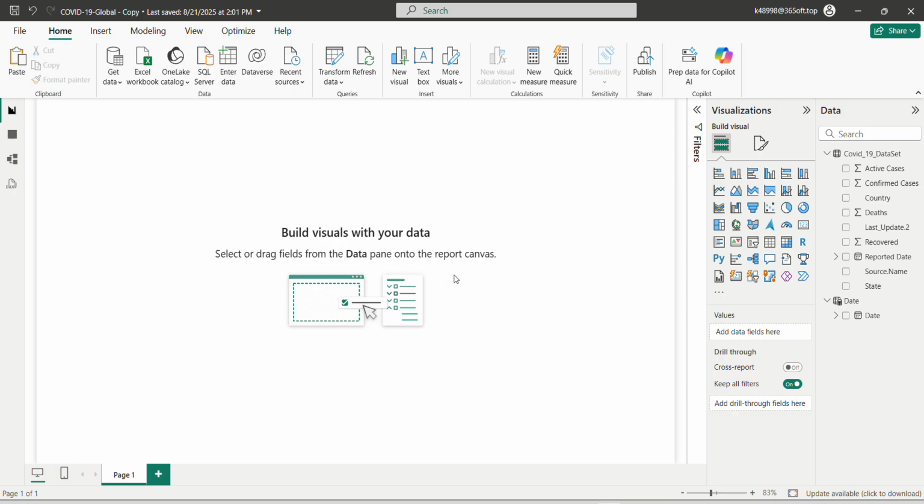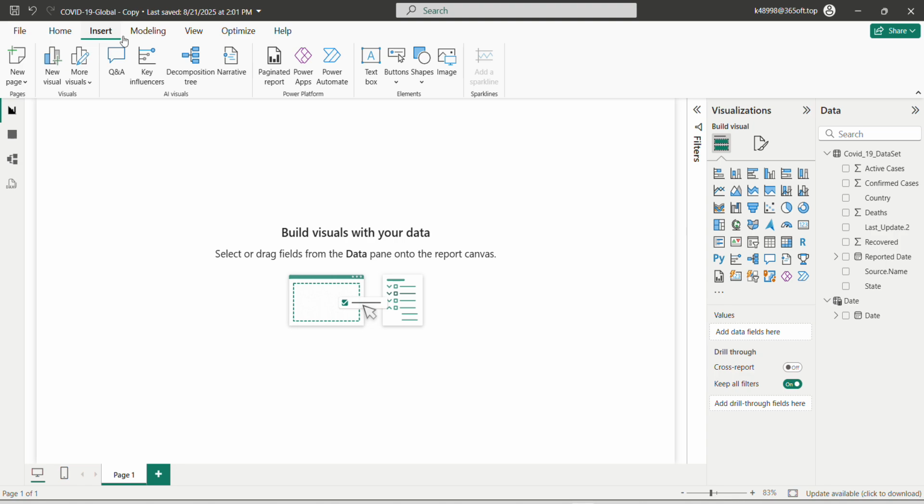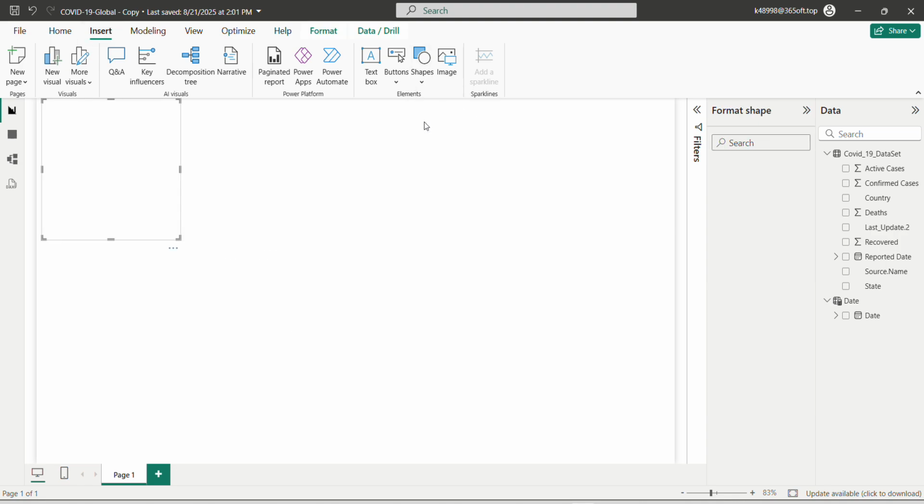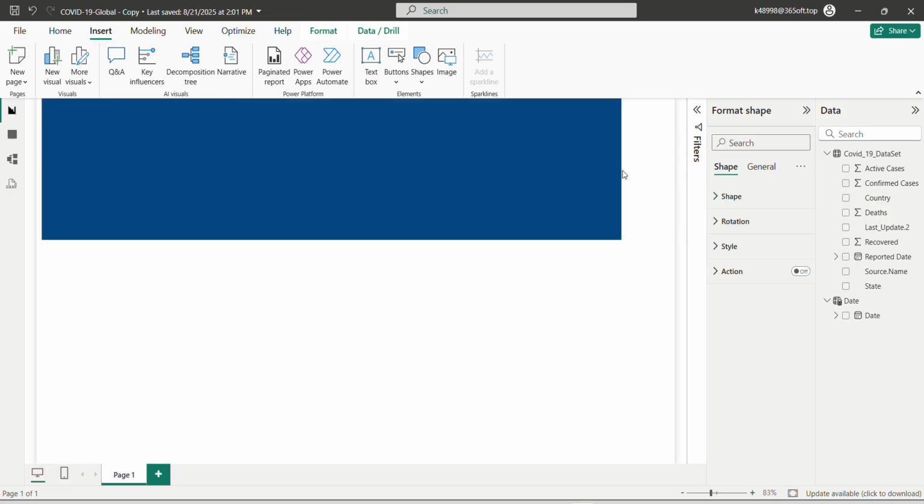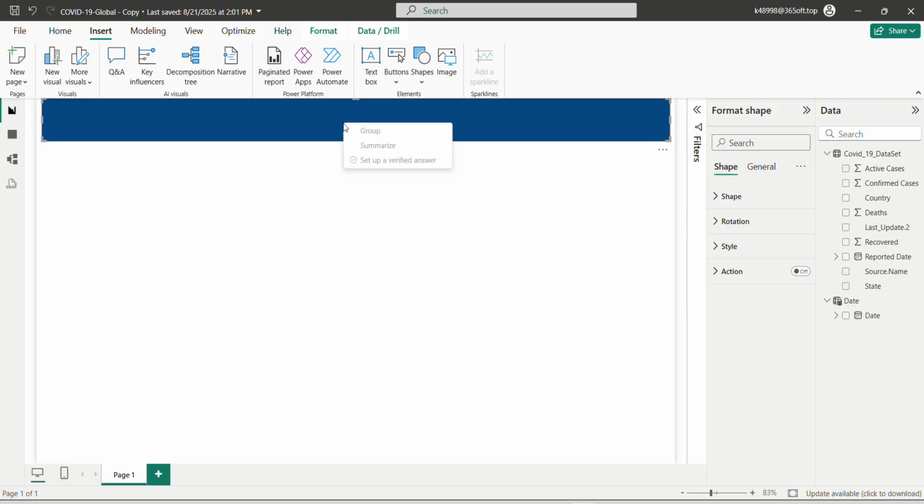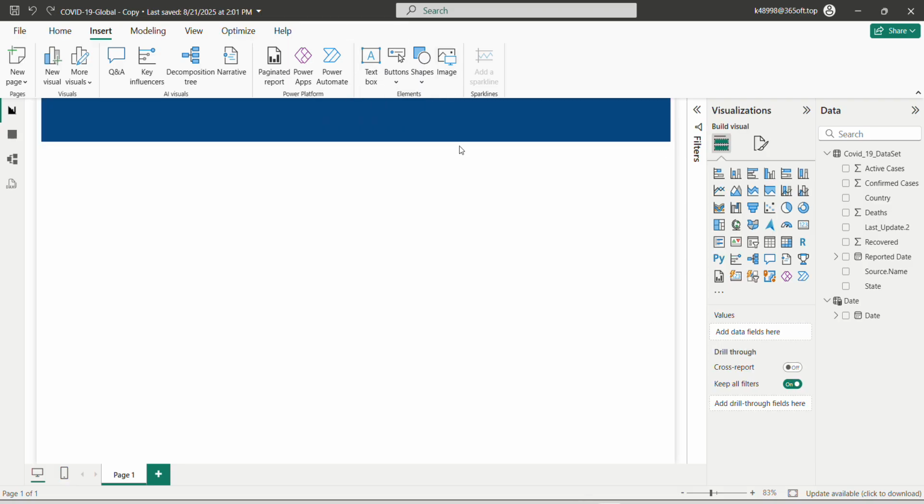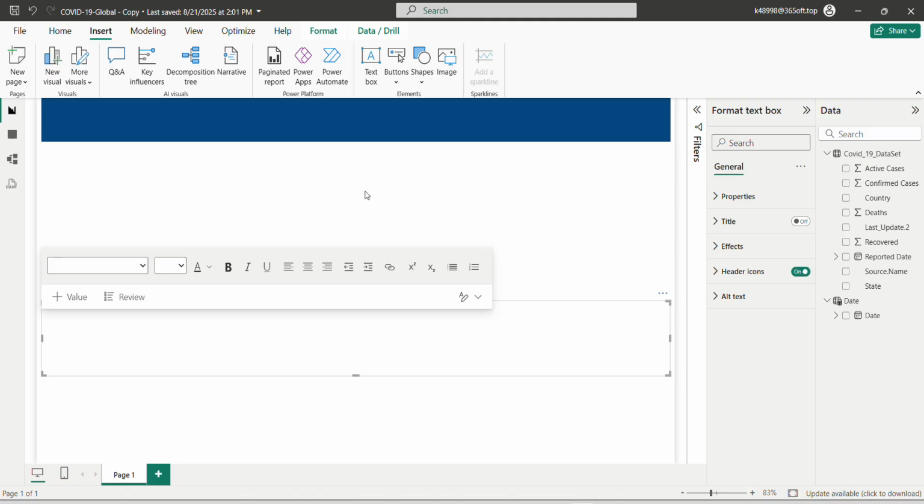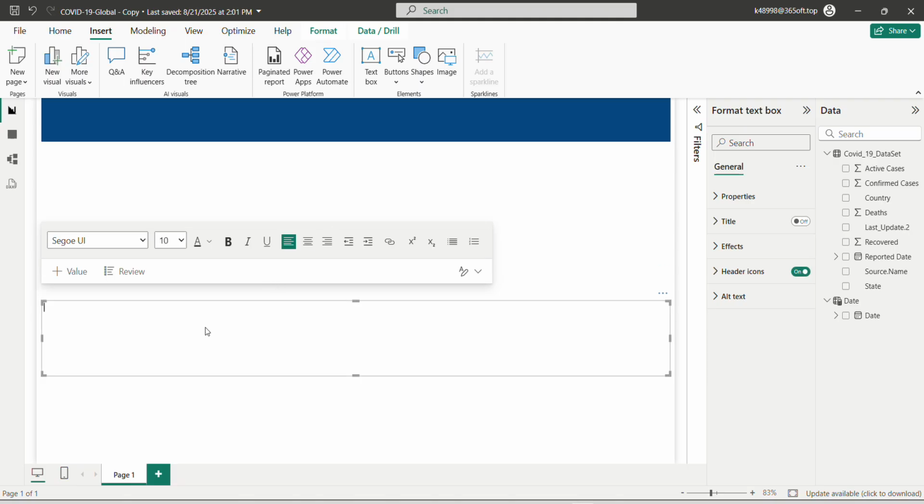The first thing we are going to do is enter the title for this dashboard. The title for this dashboard is COVID-19. After adding this shape, we have to click on this text box and write the name here, and the name would be COVID-19 dashboard